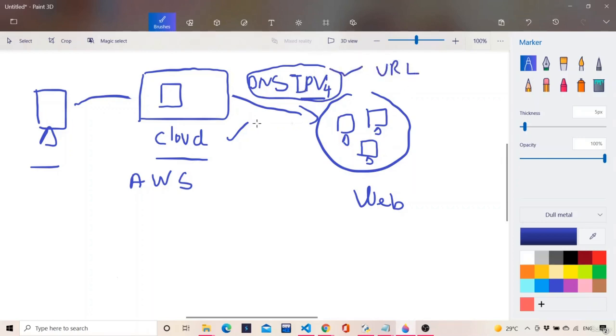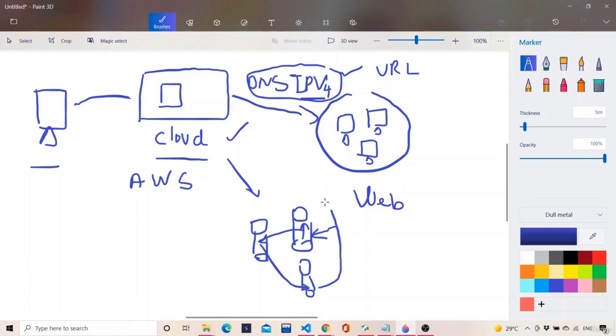You have to understand that this cloud is a hybrid collection of many servers which are connected in some kind of fashion. So let's say there are 3 servers over here for me. Let's say the requests on this server are loaded because too many users are using my website. So this server will share some of the requests with this server, and some of the requests will be shared with this server, and in this way the loop of sharing continues. This is known as resource pooling in the cloud.